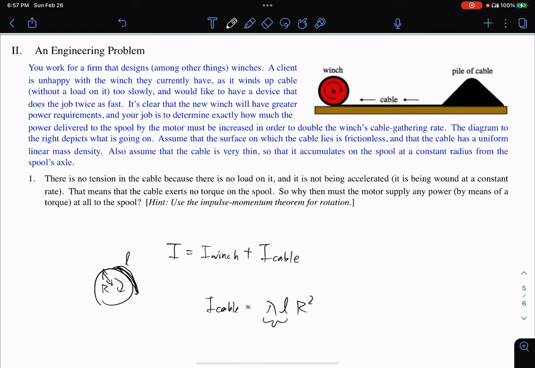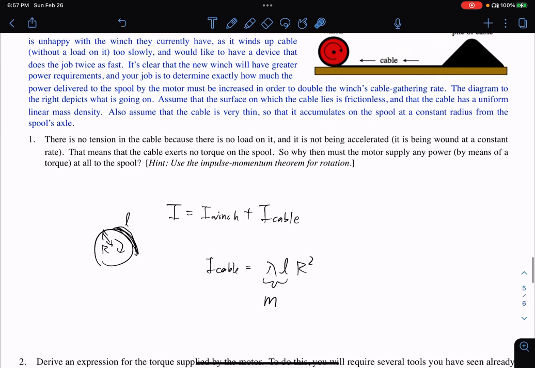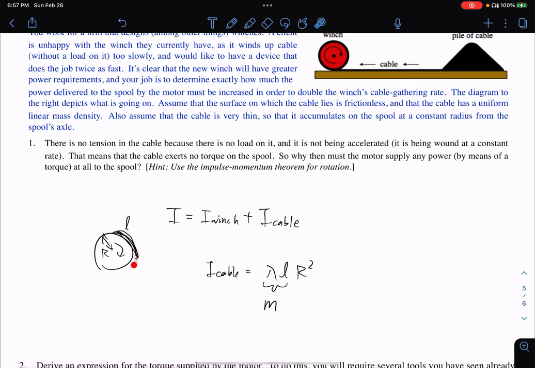So here is the mass of the cable that is rotating on this winch, and as the winch gathers more and more cable, this L will increase, and then we will have a bigger moment of inertia for this entire system. Therefore, the angular momentum will increase as the moment of inertia increases when the winch gets more and more